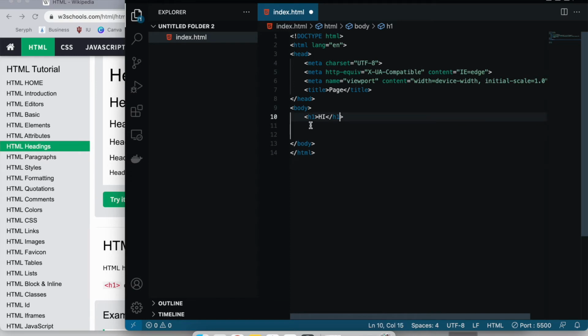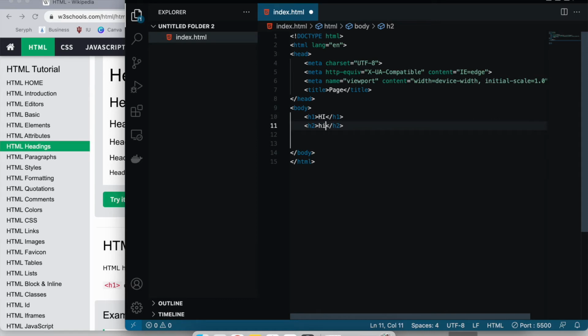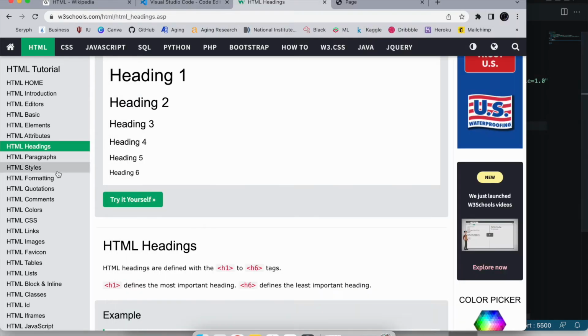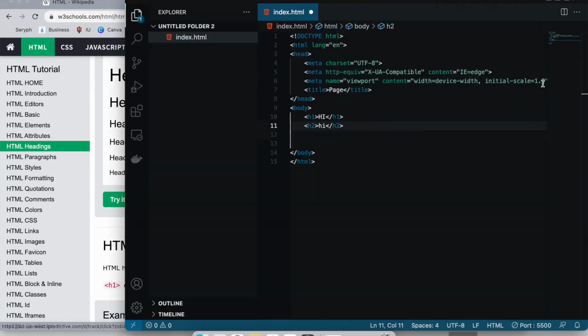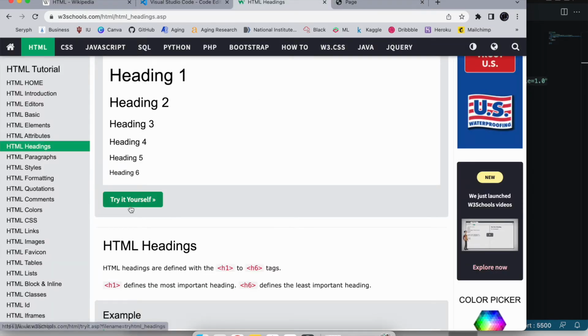Notice how with these kinds of tags, there's two of them, and then you write the stuff inside the tags. H2, hi, and then it goes all the way down to H6, that's it. So if you do that, and you look at the page, boom, we have all our stuff on here. Okay, you can see we have our headings,